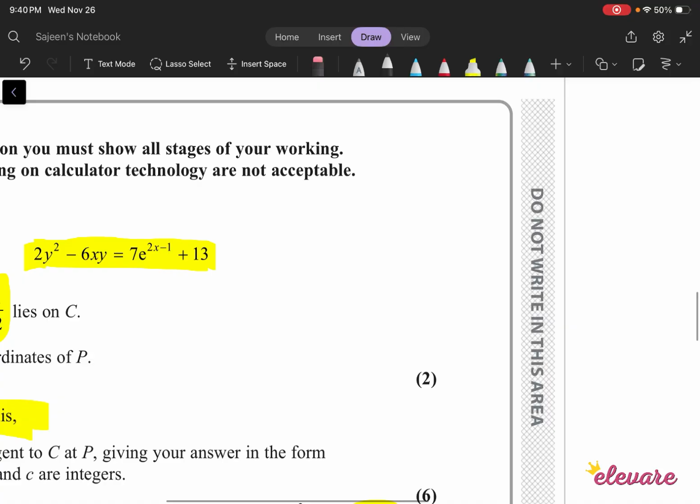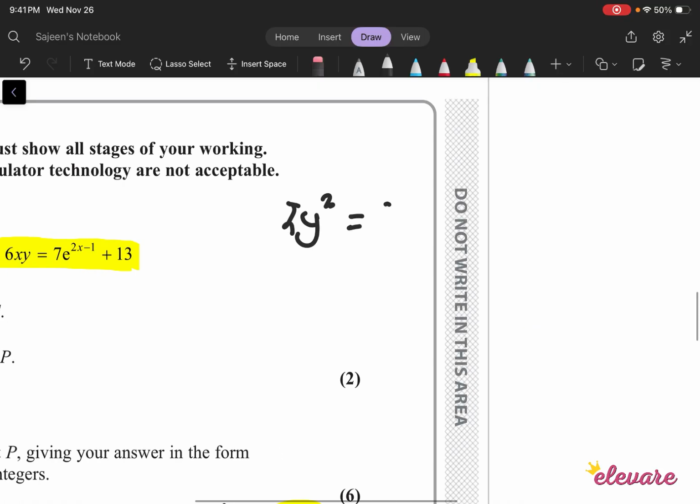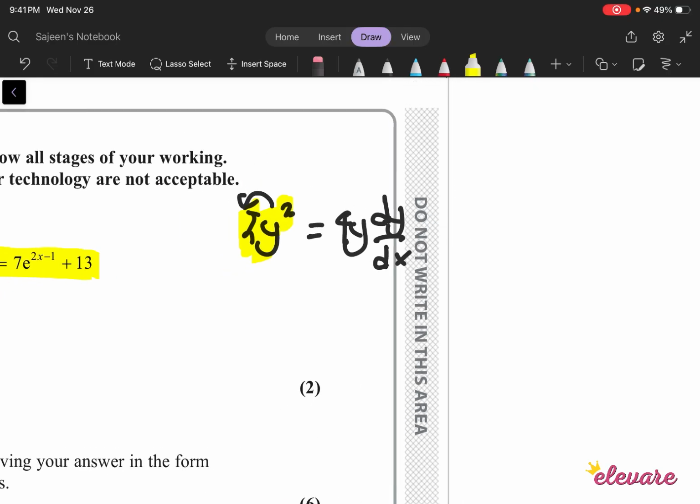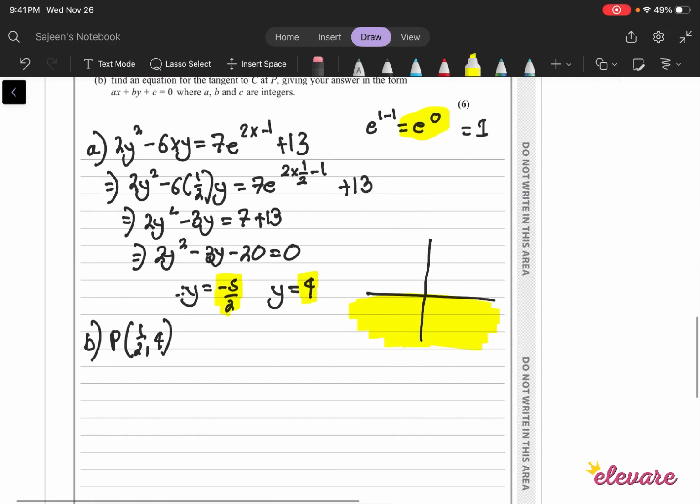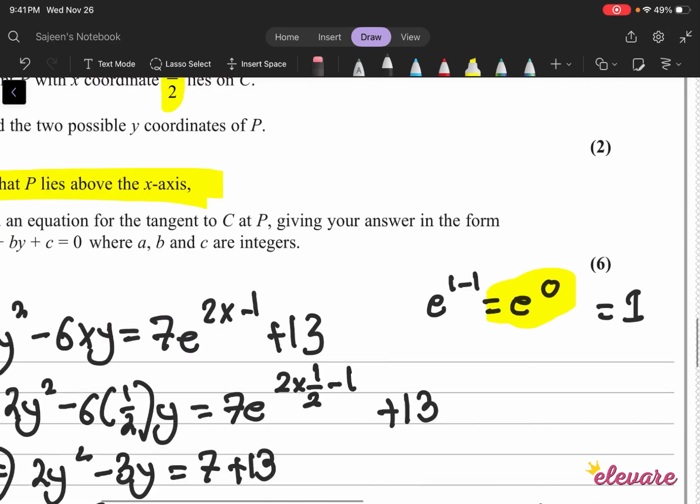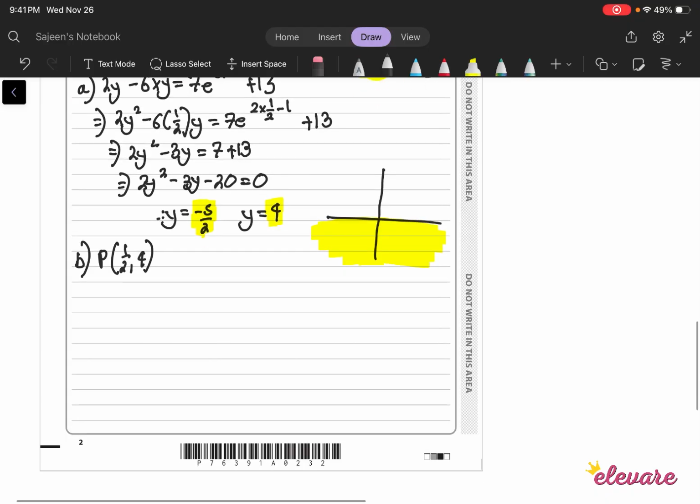2y স্কোয়ারের যদি আমি এটাকে dy বাই dx করি, it should be 4y dy by dx. বেসিক্যালি আমি উপরে যে পাওয়ারটা আছে সেটা আমি নিচে আনতেছি. I'm gonna multiply that with my coefficient here which is 2 times 2, which is 4. I'm going to keep the y here, and I'm just going to add dy by dx here. So differentiation of this equation is going to be 4y dy by dx